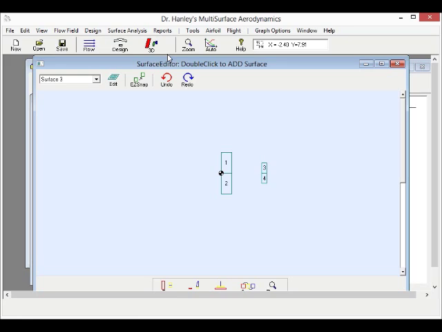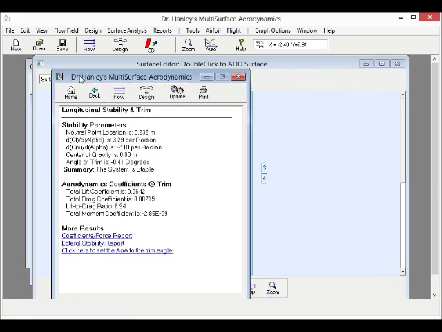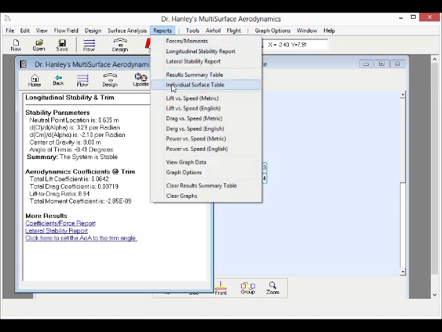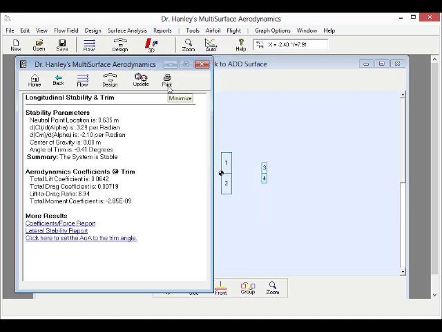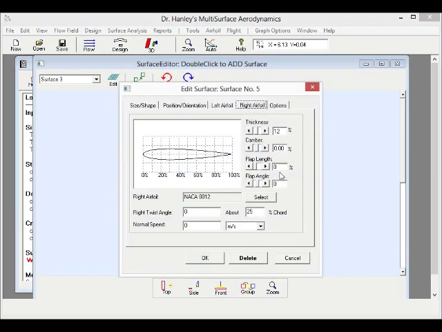Unlike the first stability analysis, we see now that the aircraft is indeed stable and it is flying at a trim condition. So once that is finished, we can then go ahead and do a lateral stability analysis that tells us how our craft is going to react to side slip, and we see that here it's not doing a very good job because all we have are horizontal surfaces. We could remedy this by adding dihedral angles to the tail, but